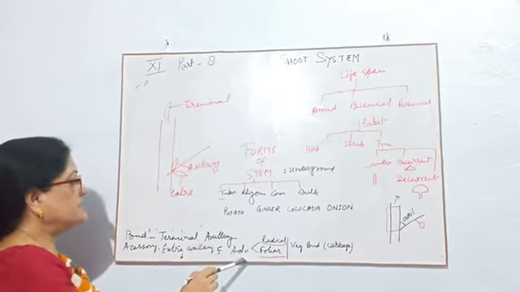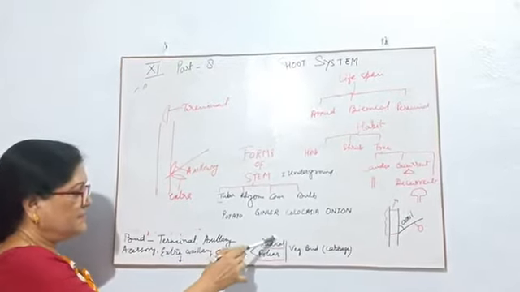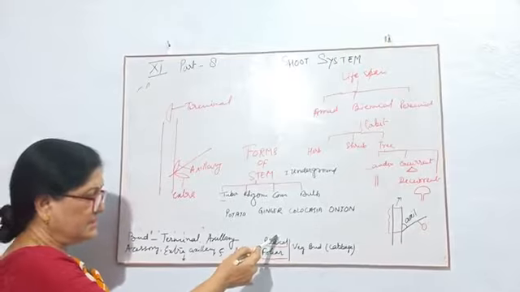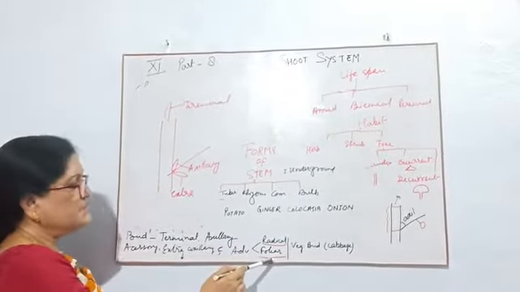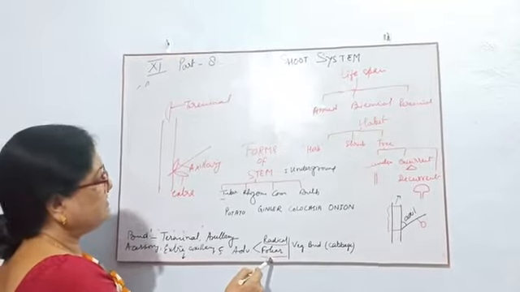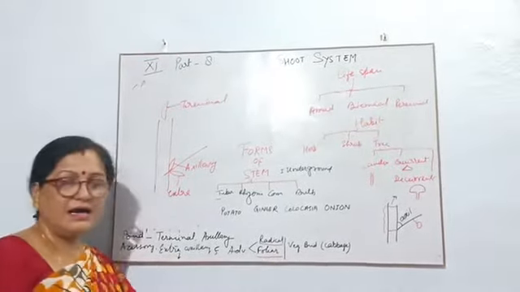Then adventitious bud. If adventitious buds are present on the root, that is radical adventitious bud, and if the adventitious bud is present on the leaves, they are known as foliar adventitious bud. Some are having